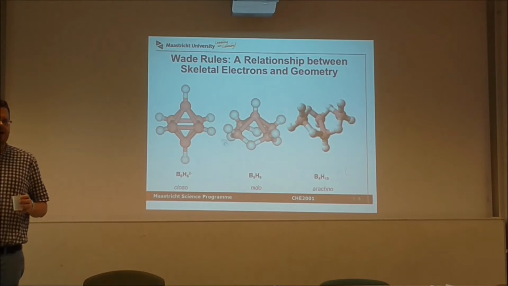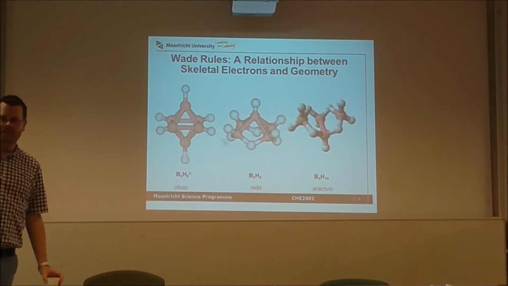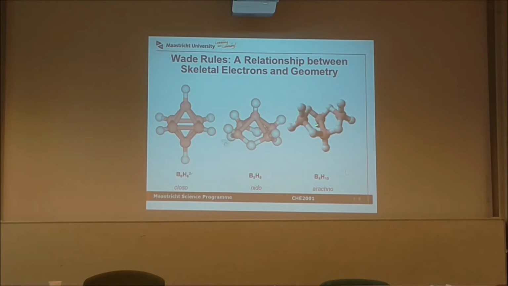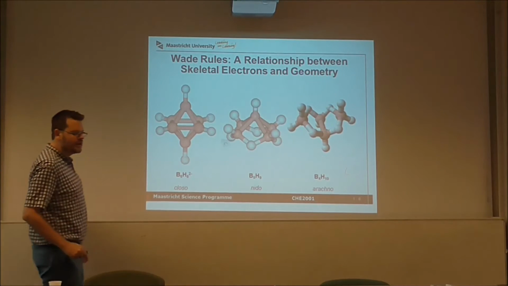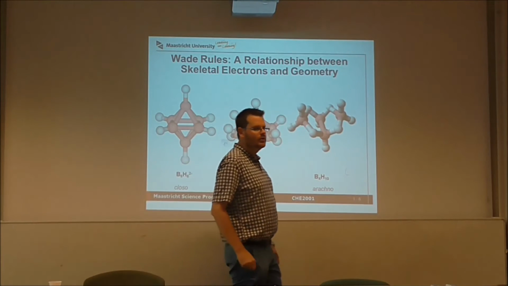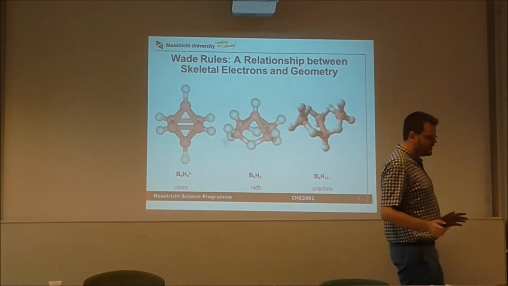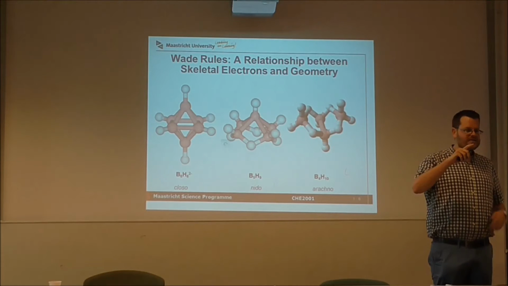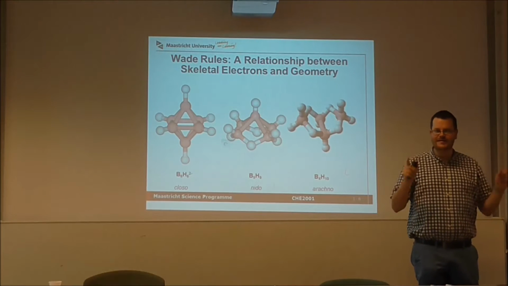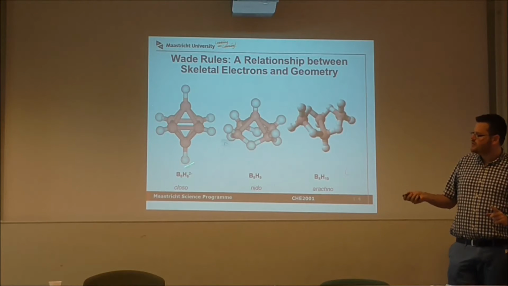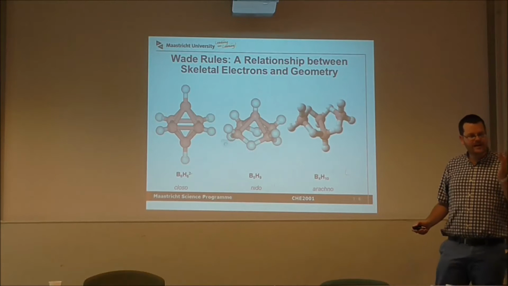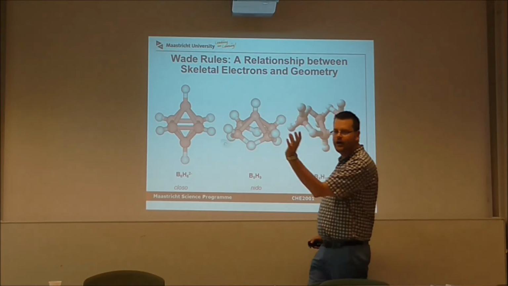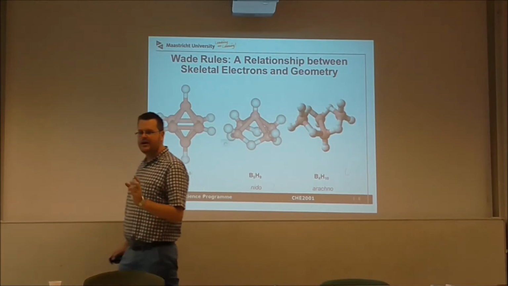So we have closo, nido, arachno. And if I were to take the arachno structure and pluck off another vertex, say that one there, I would have something called hypo, and so on. That's sort of how this works in a very simplistic way. We're going to go into the details now, but you always start with the closo structure, taking off vertices: closo, nido, arachno, hypo. And by the way, you also have,